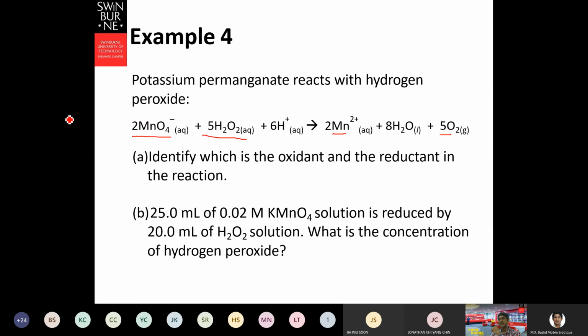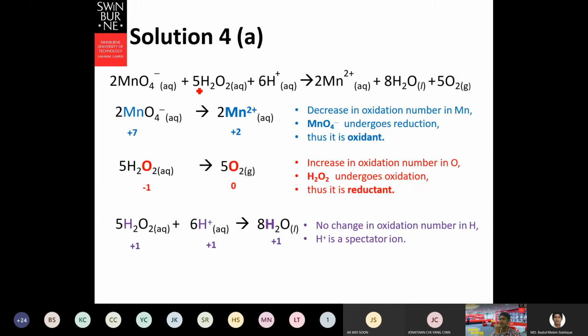Yes, because this one is oxidizing the other. That means it is a strong oxidizing agent. And actually the solution is here. From here we see that